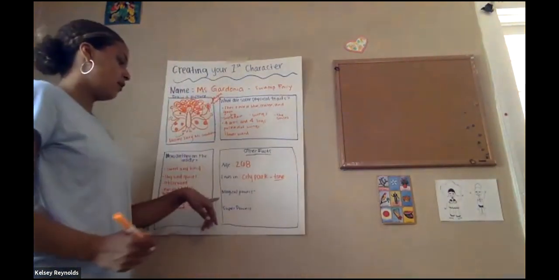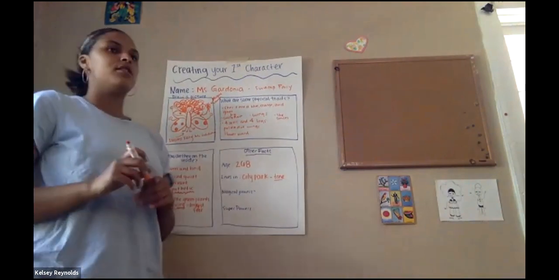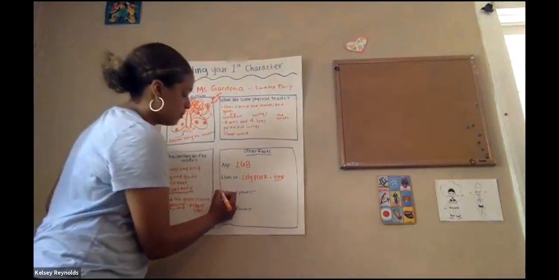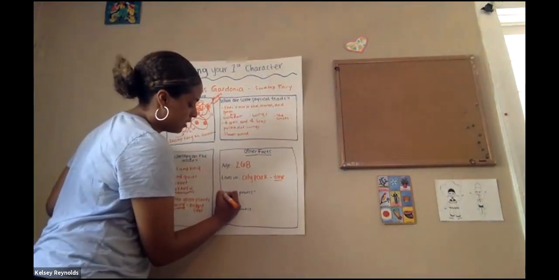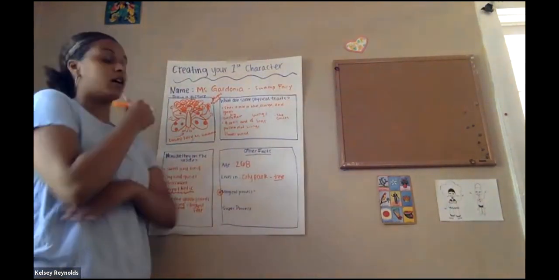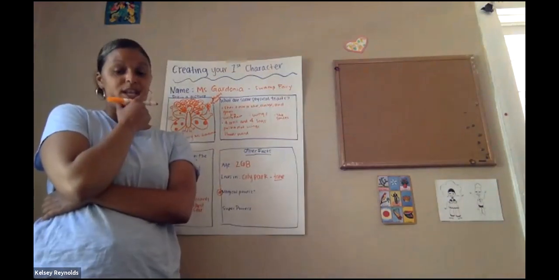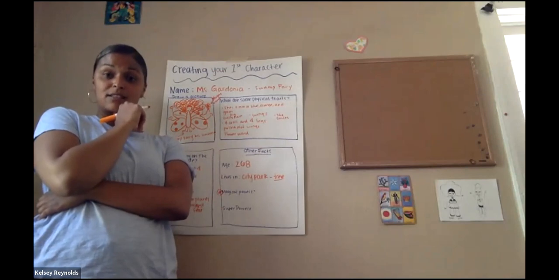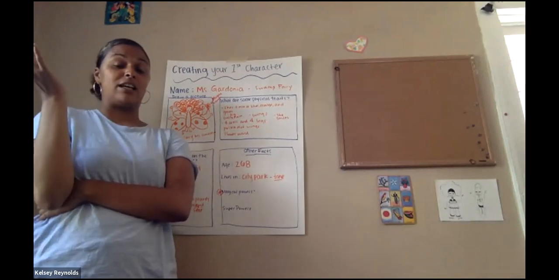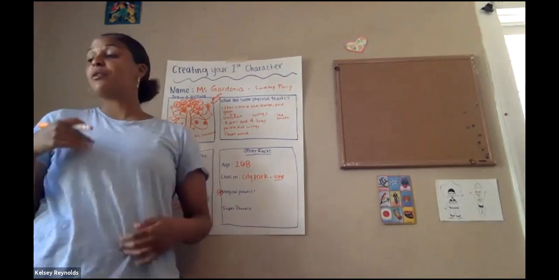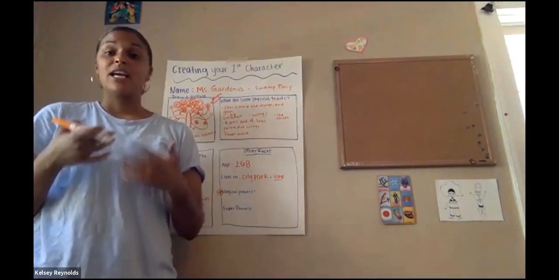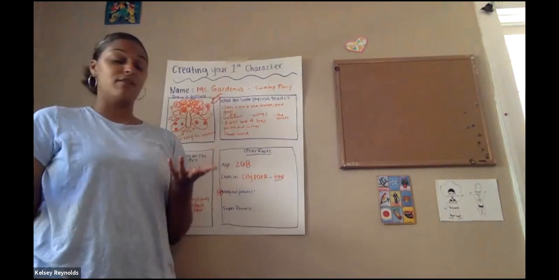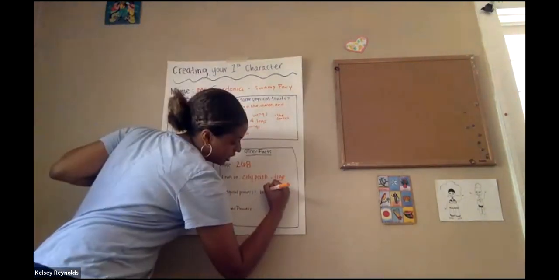And then now I have here, maybe, does your character have magical powers or superpowers? So I'm going to stick to magical powers. So what are some magical powers? One of her magical powers is that when she cries, the water that comes out of her tears is healing. So if a plant were dying, she could cry on it and then it will start to grow back itself. So we're going to say her tears